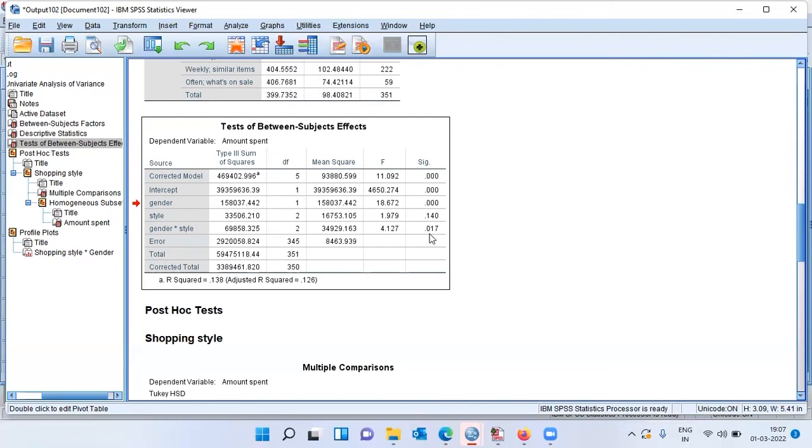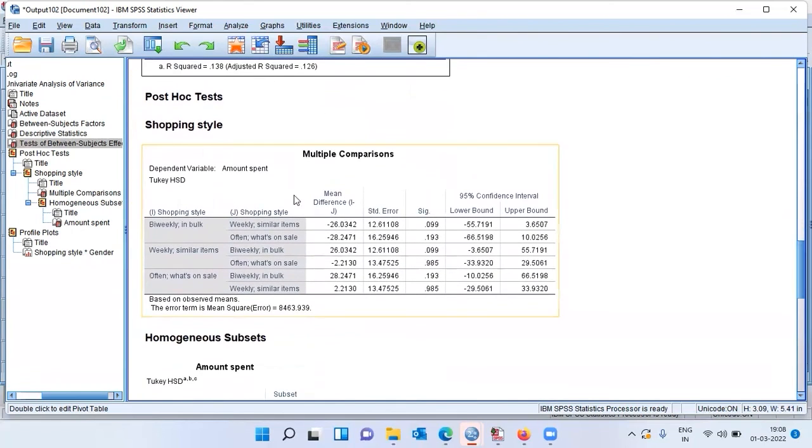effect. So these are some of the important insights that we can pick up from the test of between subject effects. That is, shopping style is insignificant, whereas gender and the interaction of gender with style is very, very important. Let's now scroll down and look at the results of post hoc tests. Here, we are doing a pairwise comparison